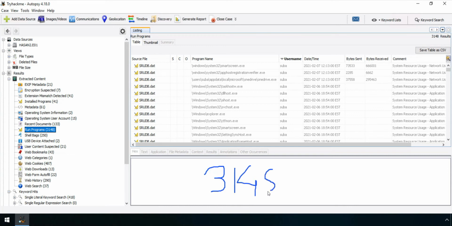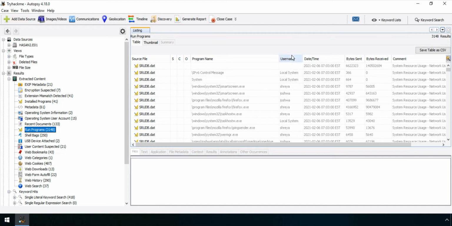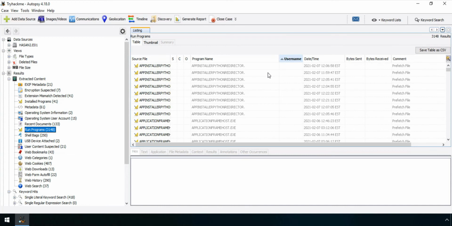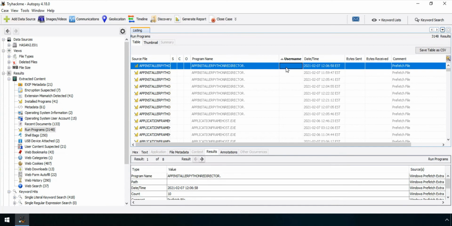The number of programs is almost 3148, which means more than 3000. So we cannot keep checking every program as a potential virus or hacking tool. We just have to use smart work. In this problem, we will just sort by username. After sorting, you will see that most of the system based programs will come on the top.